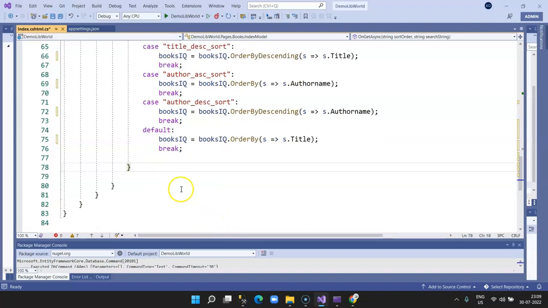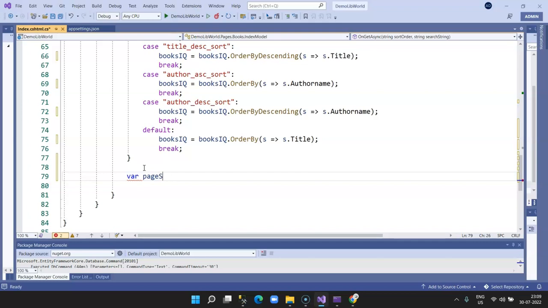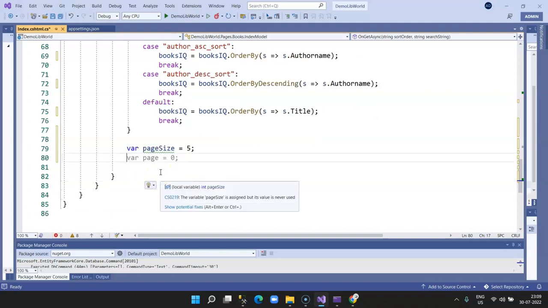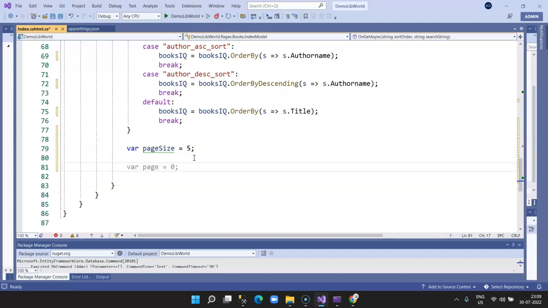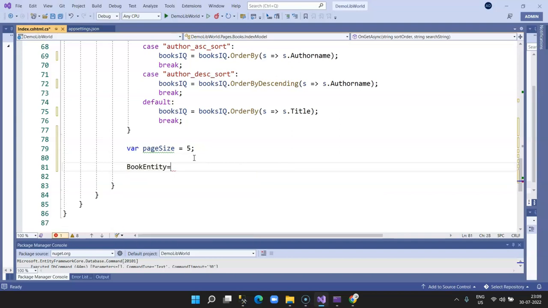So we've done that. Finally, now we need to call the pagination method which we created. So we need to define the page size. So right now I just define it as 5. Okay, and then we say book entity equals to